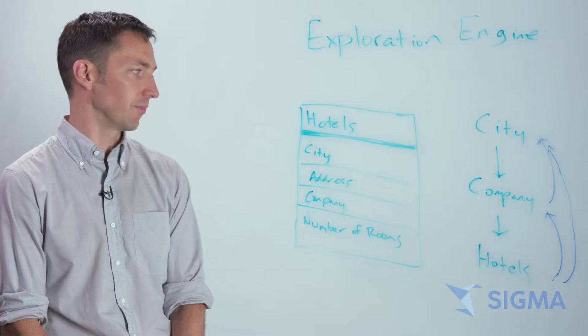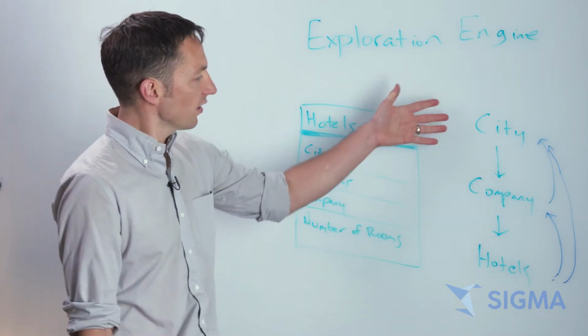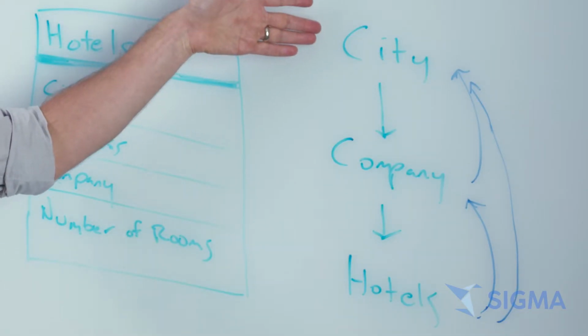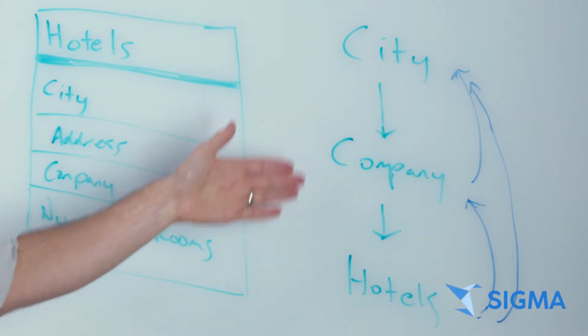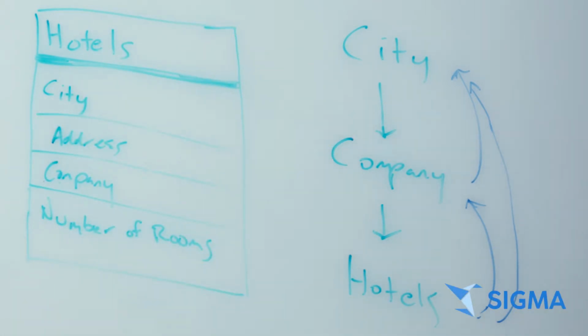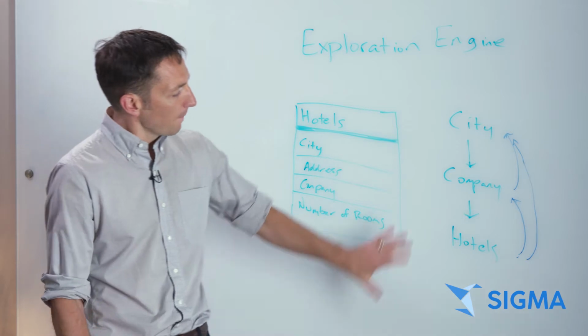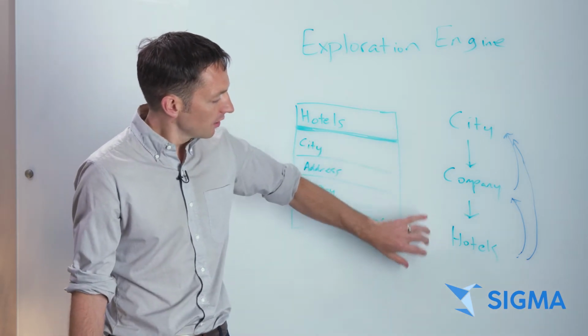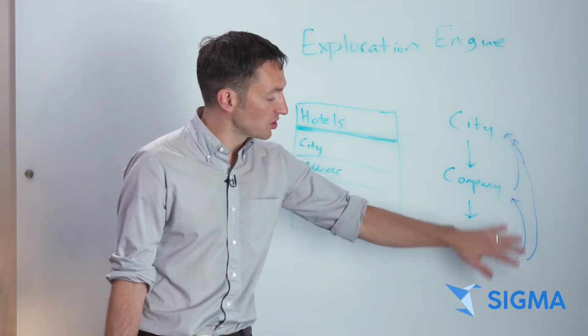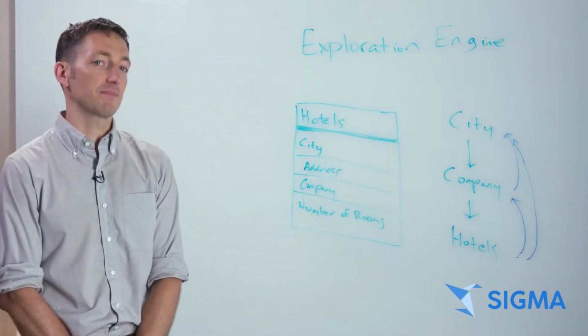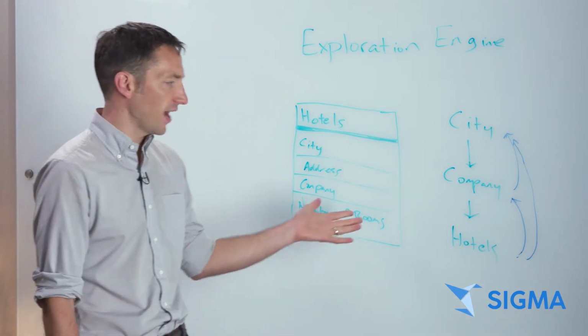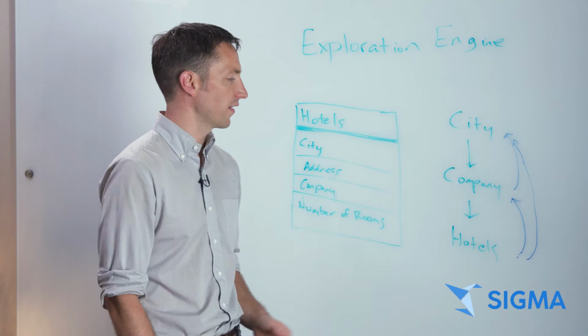But once I want to look at more than one level of granularity at a time, I quickly go beyond what existing tools do. So here I have the data set first grouped by city, and then I'm grouping by company, and then I have all the individual hotels. If I want to start building this level of hierarchy, if I want to start building references between the different levels, I have to start writing this by hand. This can take 5 or 10 minutes for each single query that I'm going to write.